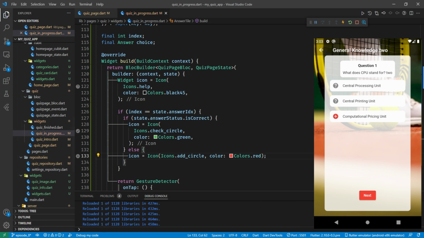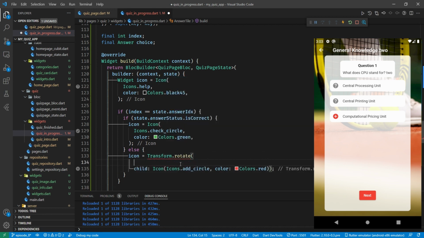So now we've got the wrong answer, and so we've got this red plus. Well, we don't really want a red plus, which isn't ideal, but it would be if we could rotate it 45 degrees,